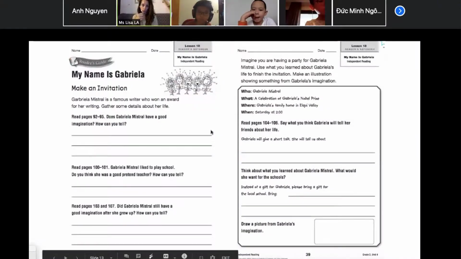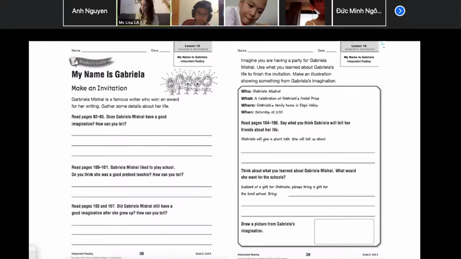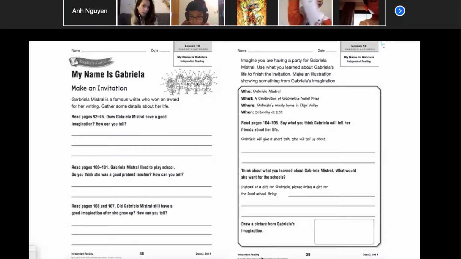Your homework will be in your reader's notebook today. So pages 38 and 39 in your reader's notebook. Okay, so I have it. An invitation. Gabriela Mistral is a famous writer who won an award for her writing. Gather some details about her life. So it says here on pages